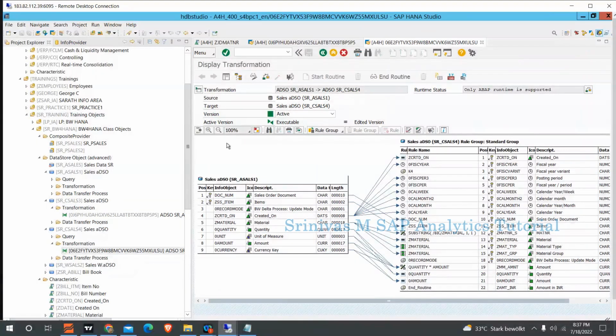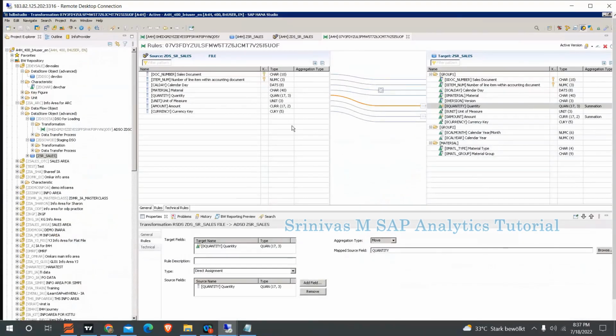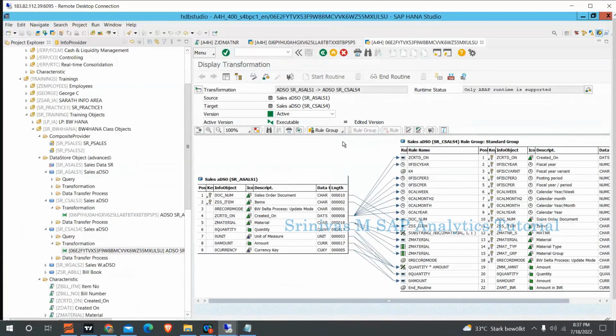So now what we are going to do is compare a transformation in a BW on HANA system with a transformation on a BW4 HANA system. There is a little difference from the appearance point of view. From the functionality point of view, everything is the same. There is no change in the transformation functionality when comparing BW on HANA with BW4 HANA. But the screen, how it looks, and the operations, how we perform them,